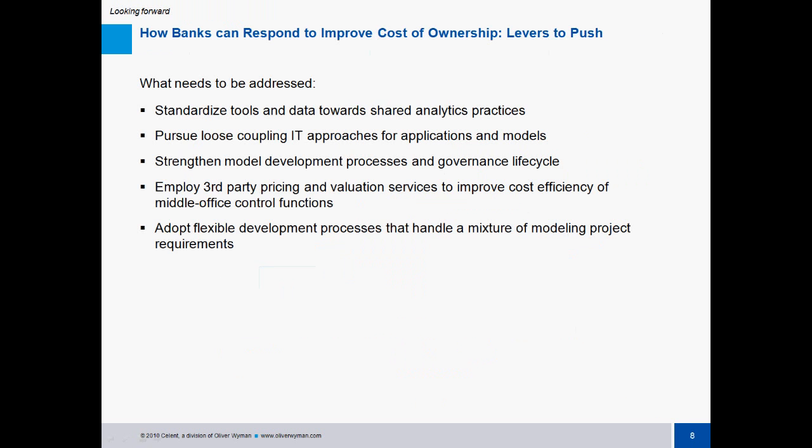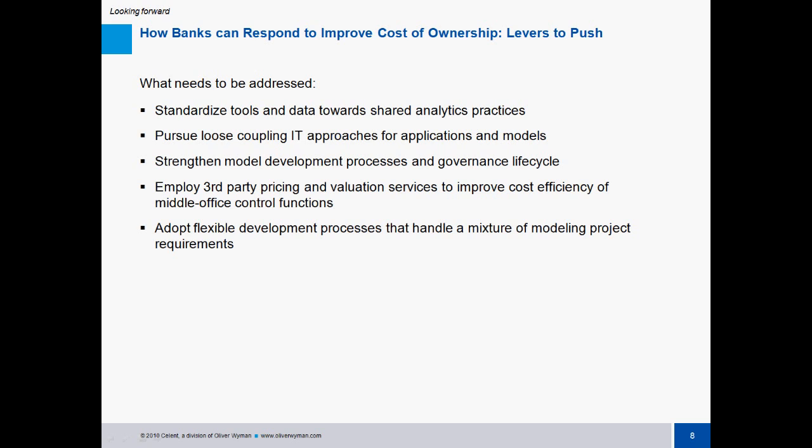In addition to the build versus buy deliberation that we've talked about here, there are also other levers that firms can push in order to address effectiveness and improve the cost of ownership related to analytics.